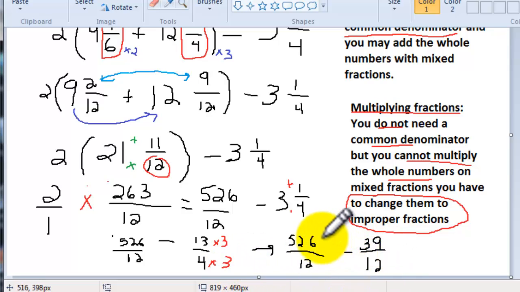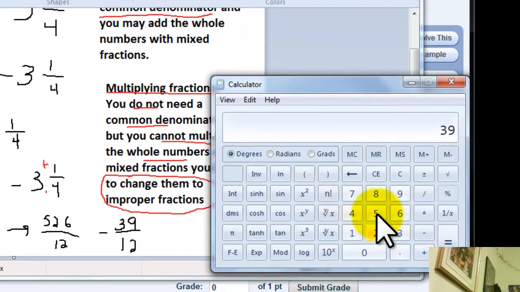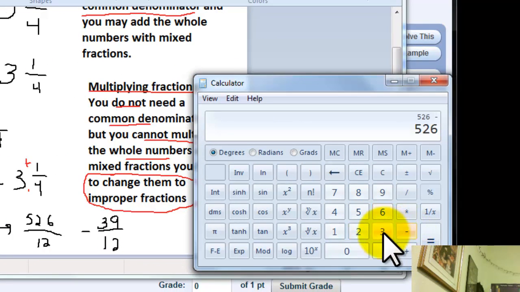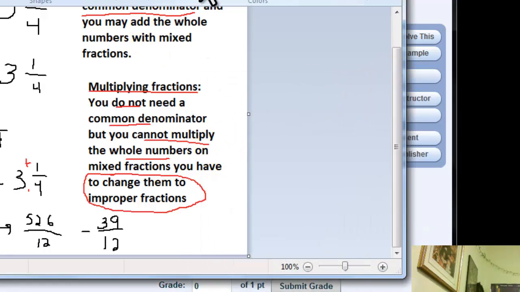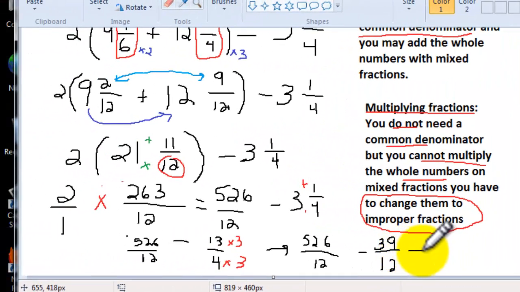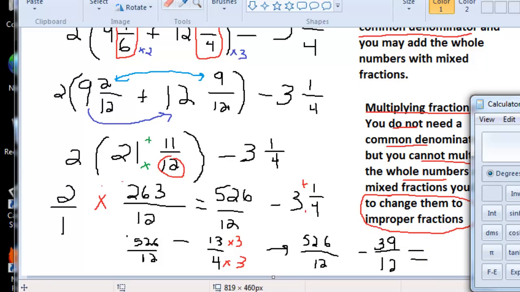So now I have a common denominator. I can subtract 526 minus 39. So 526 minus 39 is 487. Just gets wackier as we go. 487 over 12,